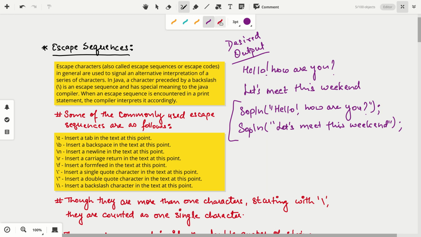What if you have to print the two statements on two different lines using one System.out.println? There we will use one of the many available escape sequences. With this example, you will slowly understand what escape sequences are and where they are used.